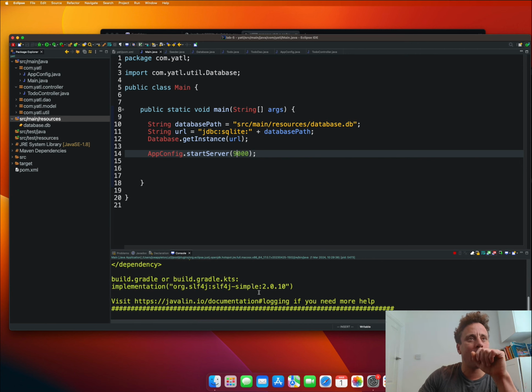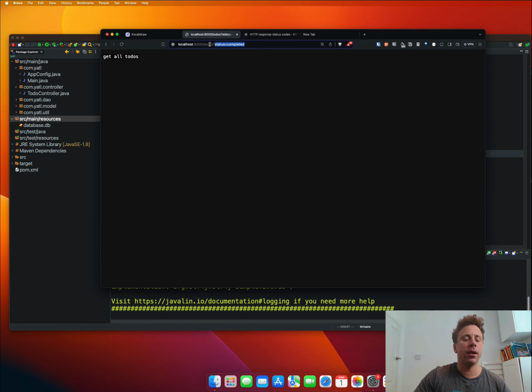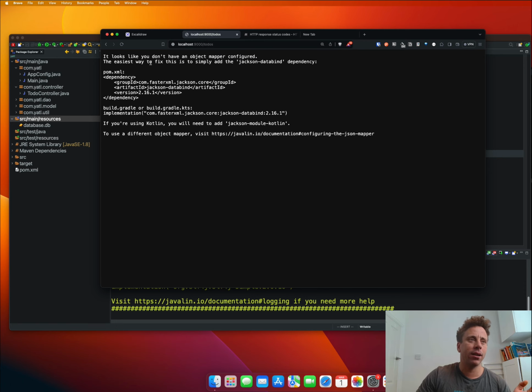So let's see now if we can visit to-dos. And I know there's a little bit of extra work we have to do. So let's come to here, localhost, I've changed it to 9000 now. Aha, it's telling us something. So it looks like you don't have an object mapper configured. So the reason being is